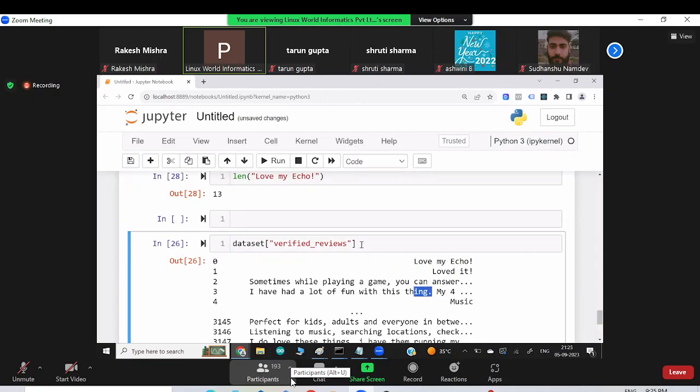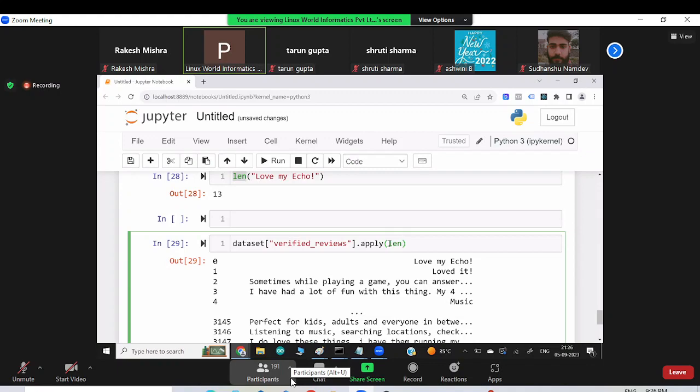How? On this data, we can apply one function. Which function? Depends on what you want. I want to apply the length function, for example. So I can write the length function here. That's all. Whichever function you know, you can put the function name here, either a function created by you or one given by a programming language like Python.